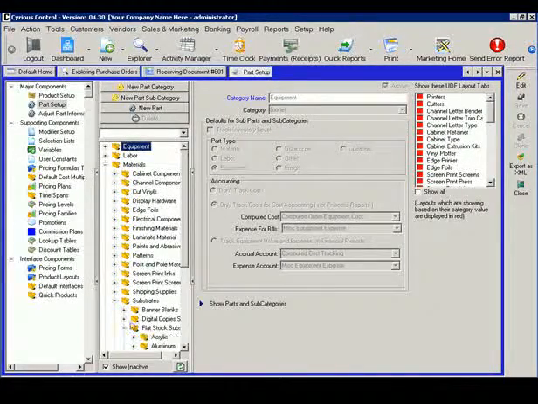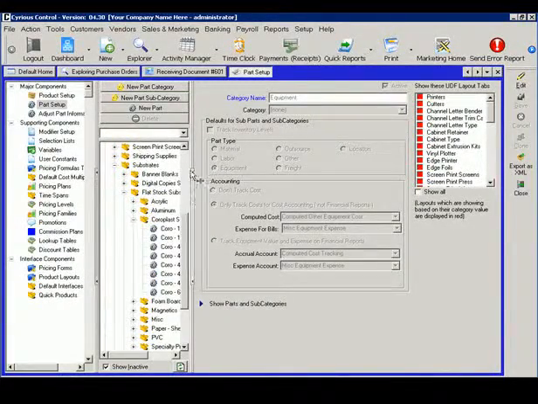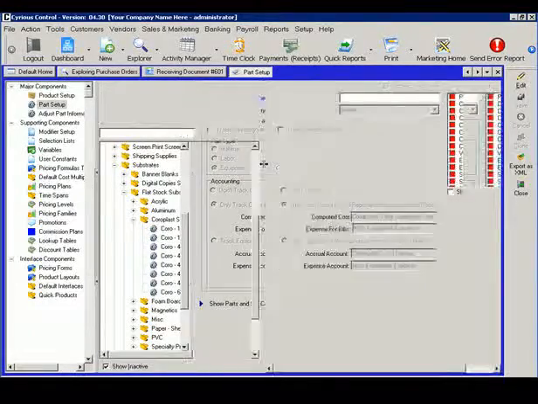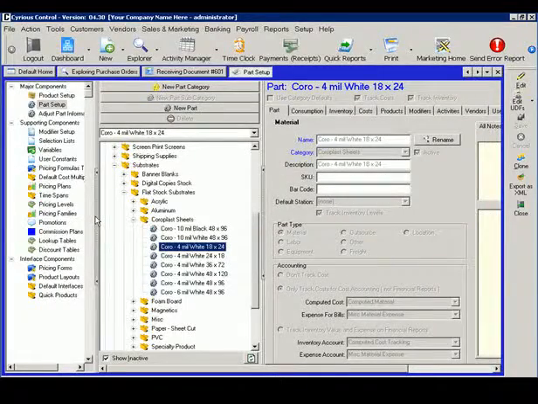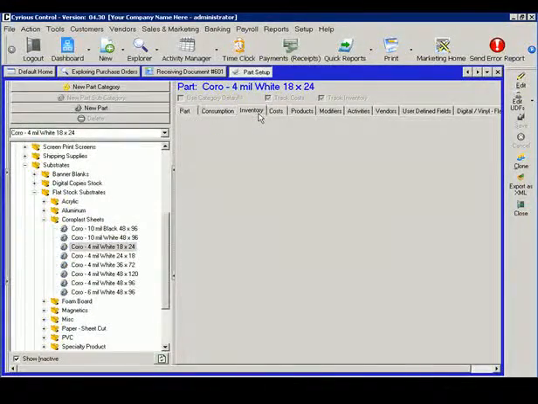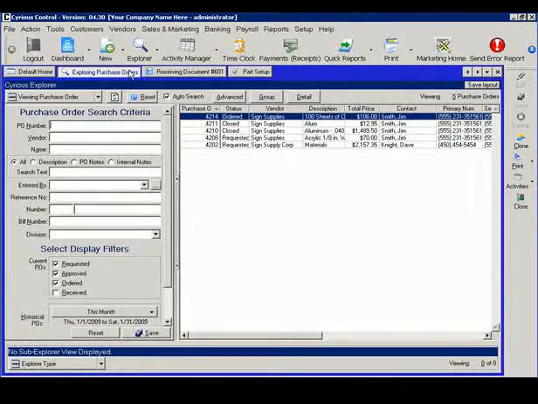and look at the inventory tab and see that now I have on hand 50 sheets of this particular material. Let's go back to our purchase order, and we can open it back up,